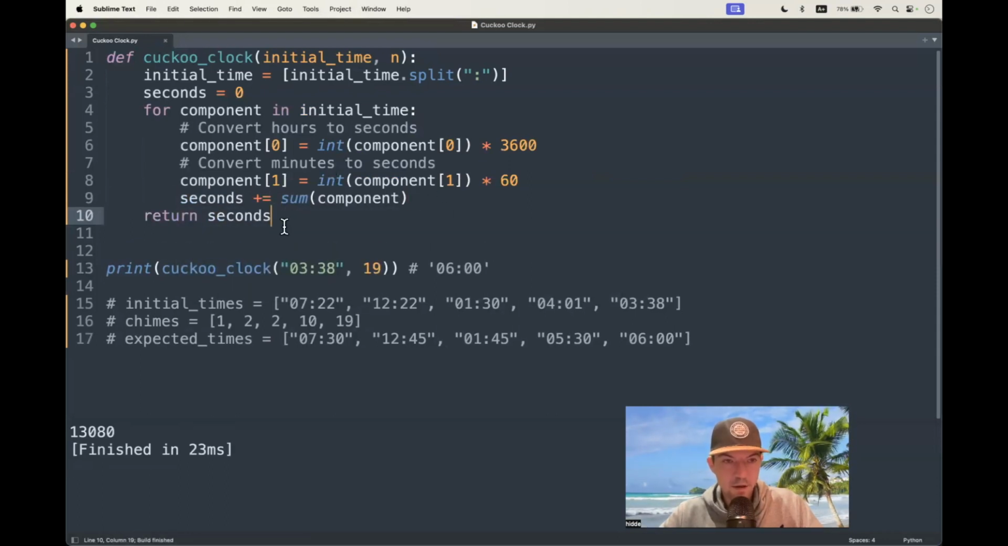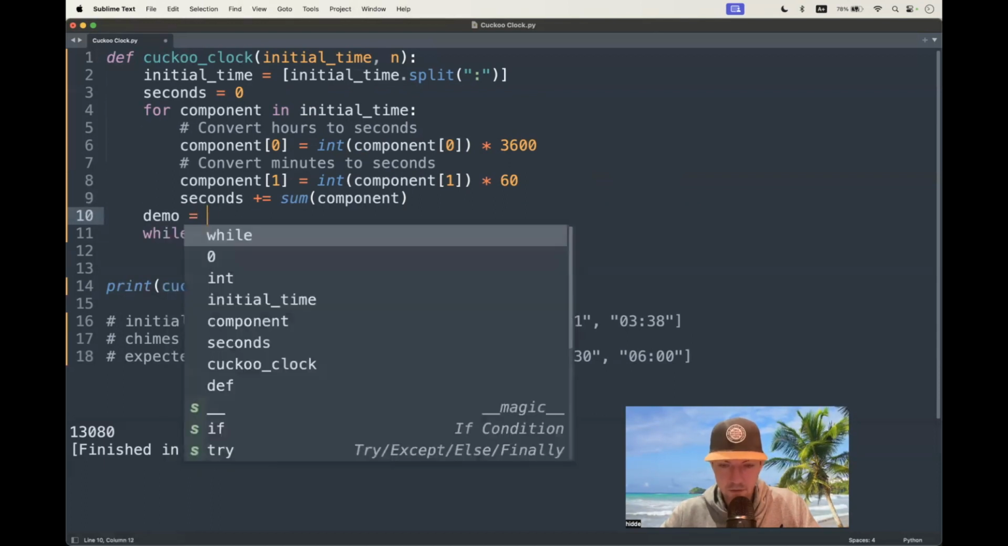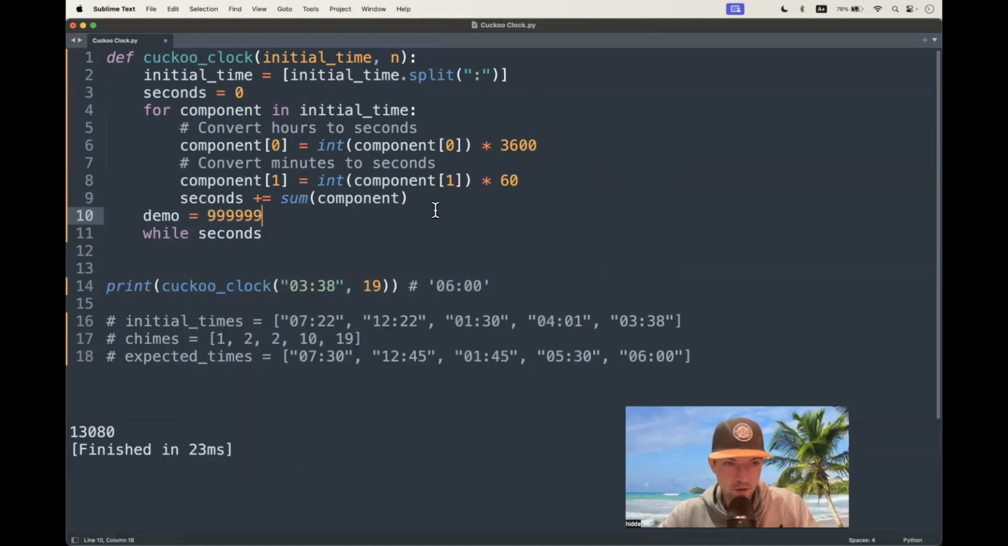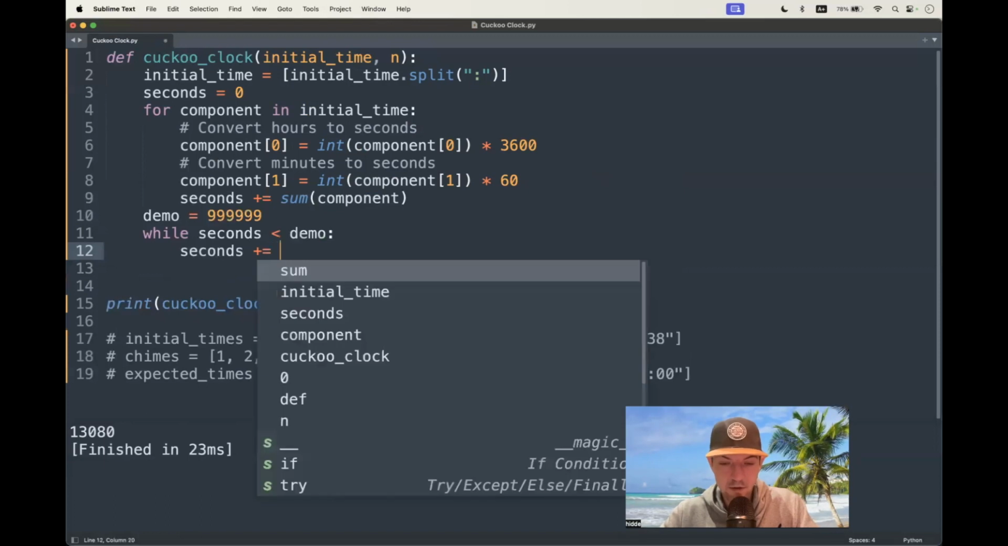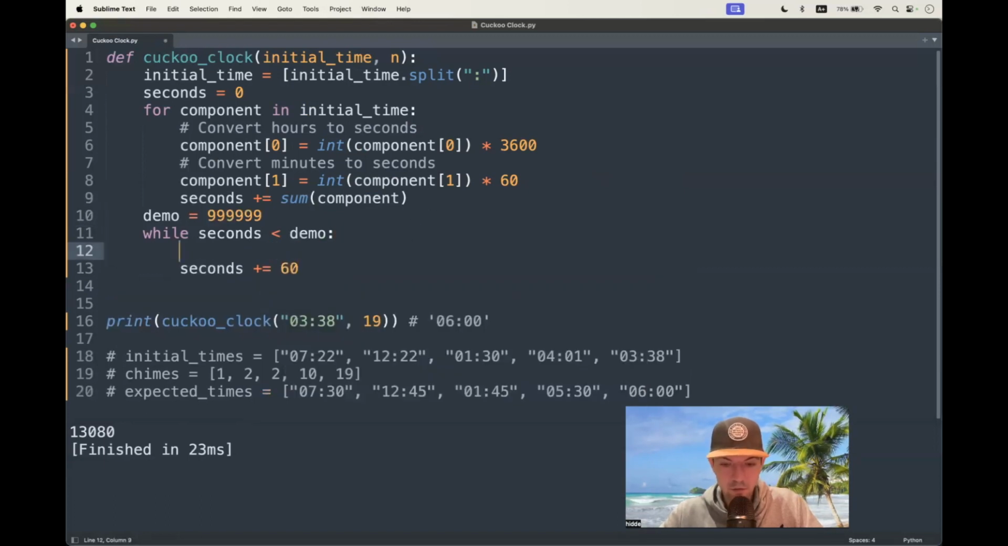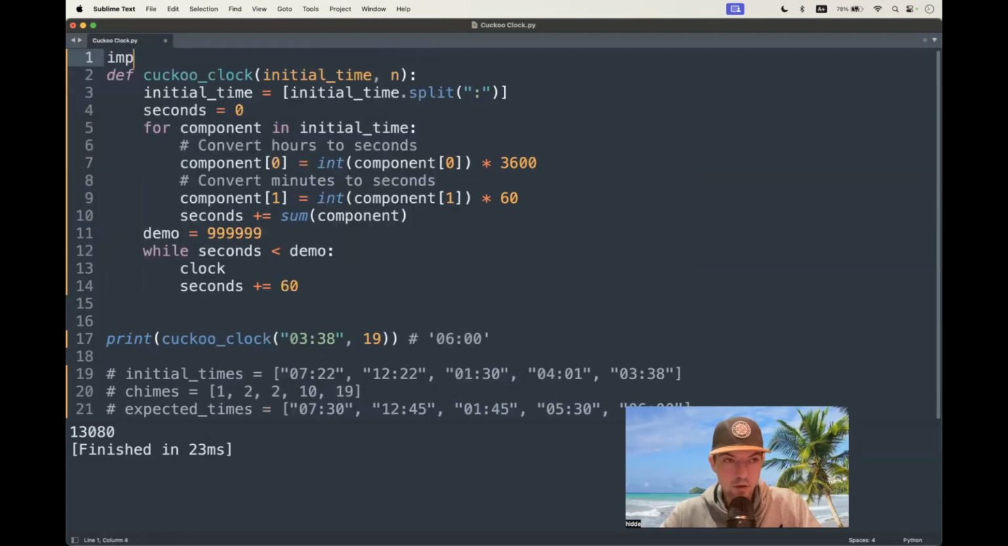All right. And then we make a while loop. Well, the seconds are, let's make a demo variable. Demo is equal to a large amount of seconds. Well, the seconds are less than the demo. And in the while loop, we add a minute every iteration, so the seconds should be increased with 60. And then we make a new variable called clock. And for that, we have to import the time module, import time at the top. The clock is equal to